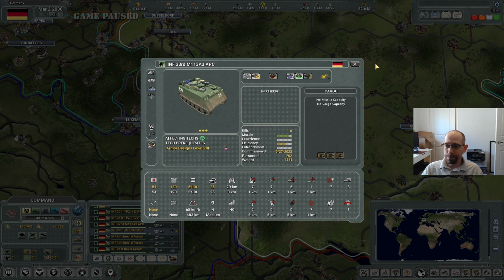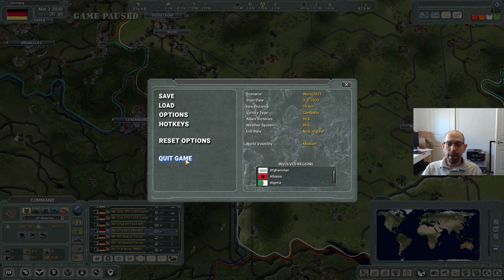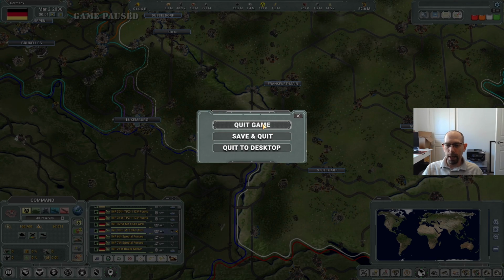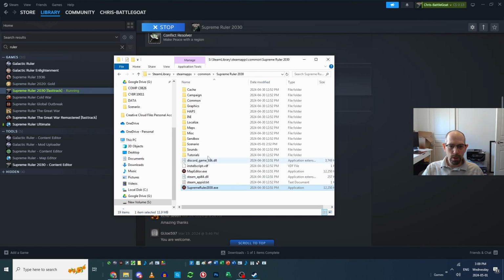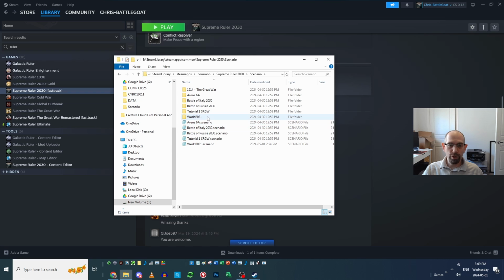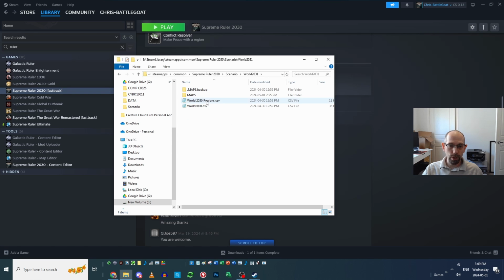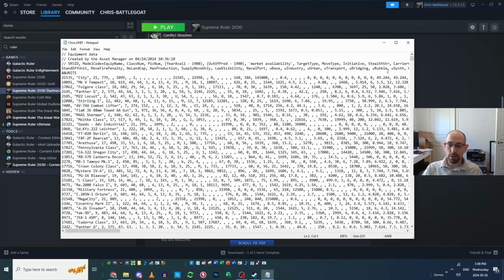All right, so to make that change, I'm going to quit out of the game entirely, all the way to desktop. So if we tried to hand edit some of this stuff, I could go into the scenario folder for the scenario I'm making, World 2031, maps, data, this default.unit file. As has been mentioned previously, we store all our files in plain text. I could do